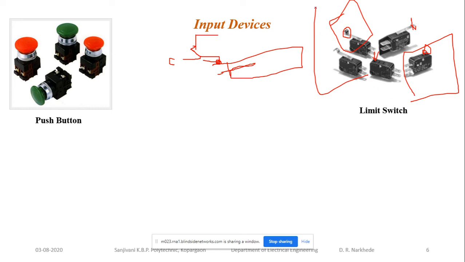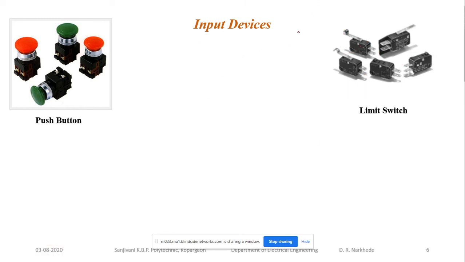Second type of example that you are going to discuss is the RO system. तुमच्याकडे RO असेल घरी, तर RO मध्ये पण आपण काय करतोय, लिमिट स्विचचा यूज आहे. So when the water tank is filled, at that time there is a float. That float will press this limit switch, and once that float presses the limit switch, it will disconnect the supply of your motor, and the water supply is going to be interrupted over there. So this is the application of limit switch. So in the industry these are used for n number of purposes. Normally you are going to use limit switches for safety purposes in the industry.